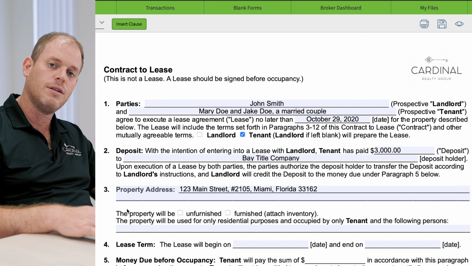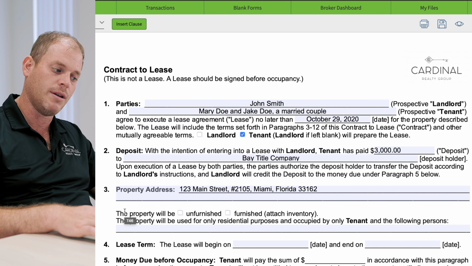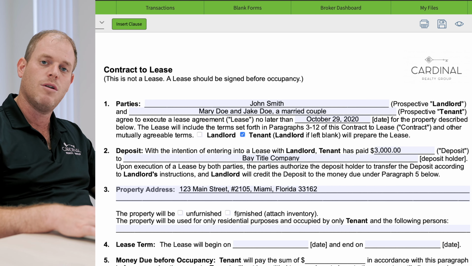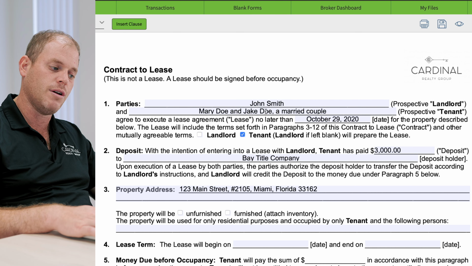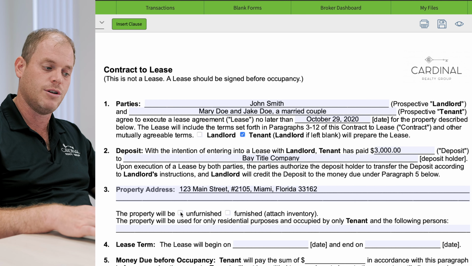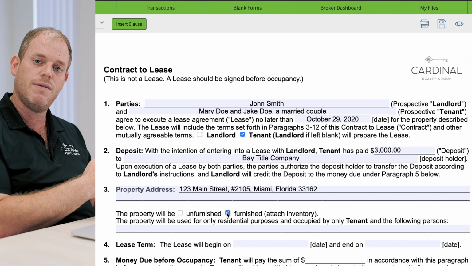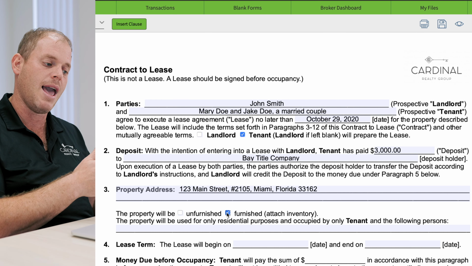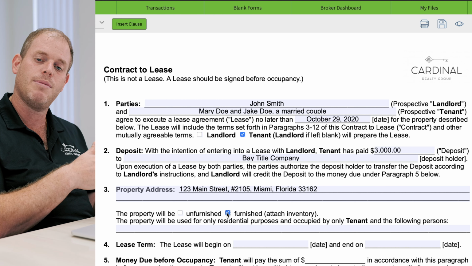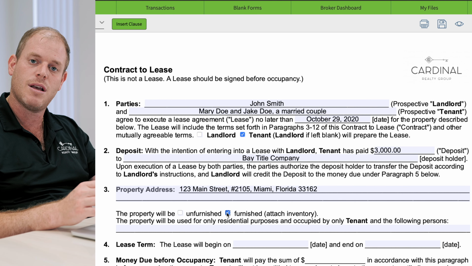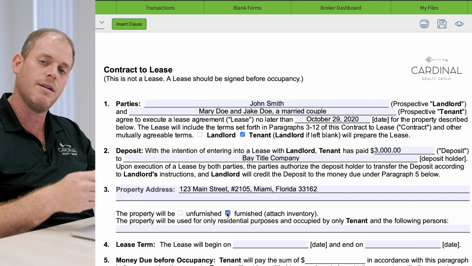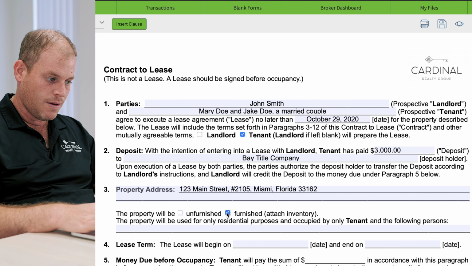How is the property going to be coming? Is it going to be coming unfurnished or is it going to be furnished? Well, in our hypothetical that we're using, Mary and Jake have their own furniture and they're renting a property that was unfurnished, okay? But if it was furnished, you would want to do what we did in our previous example and make an exhibit A, right? You would take a piece of paper, write exhibit A on the top and write inventory list next to it, and just write down all of the furniture that's going to be coming with the property, okay? And submit it with this lease.